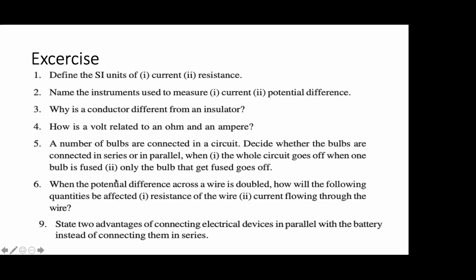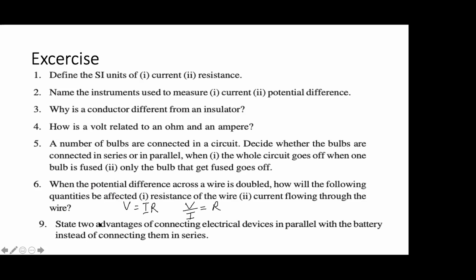So you have to use this formula. Potential difference they are talking about. V is equal to IR. If V increases, what will happen to resistance? V by I is equal to R. So if the potential difference is increased, resistance will also increase, correct? Same answer you are getting. And what happens to current? Current will decrease. Yes, current will decrease.